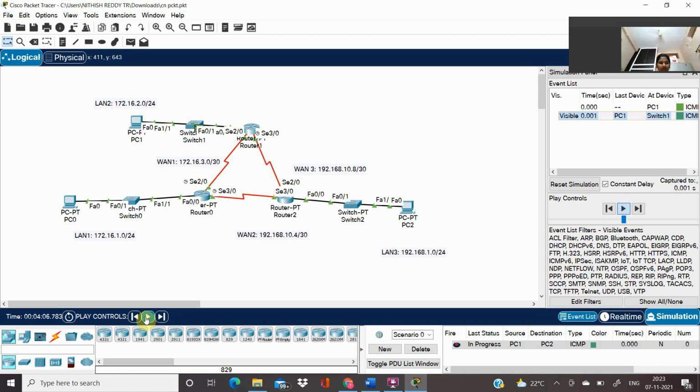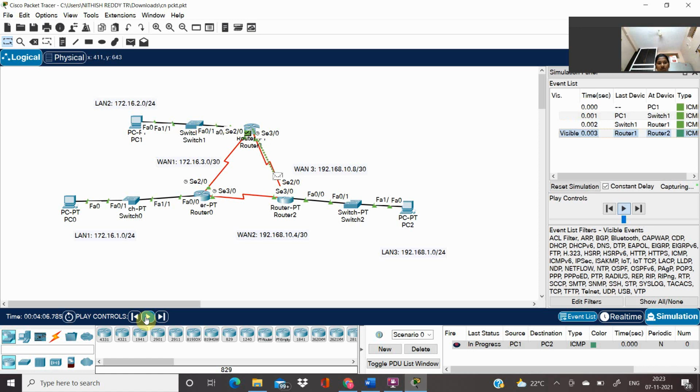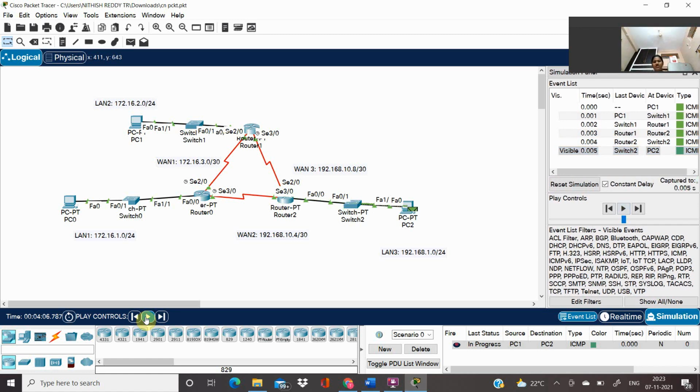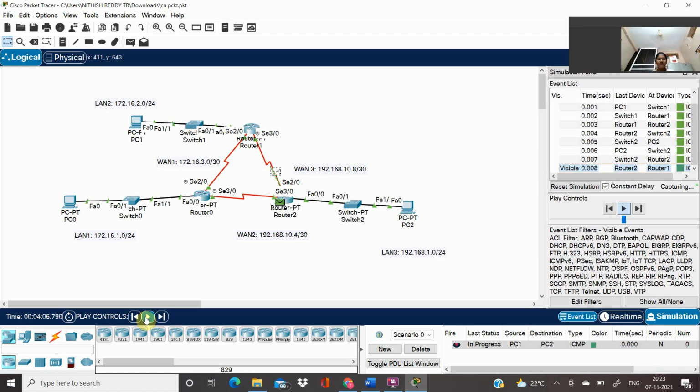PC1 to switch 1 and from switch 1 to router 1 and from router 1 to router 2 and from router 2 to switch 2 and from switch 2 to PC2, and from PC2 the packet is sent back from PC2 to switch 2 and then from switch 2 to router 2 and from router 2 to router 1 and from router 1 to switch 1 and from switch 1 to PC1 and it is successful.